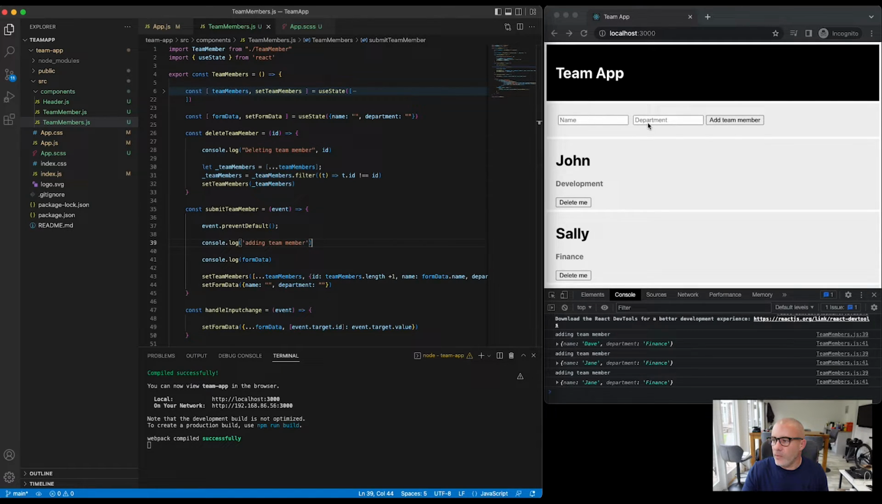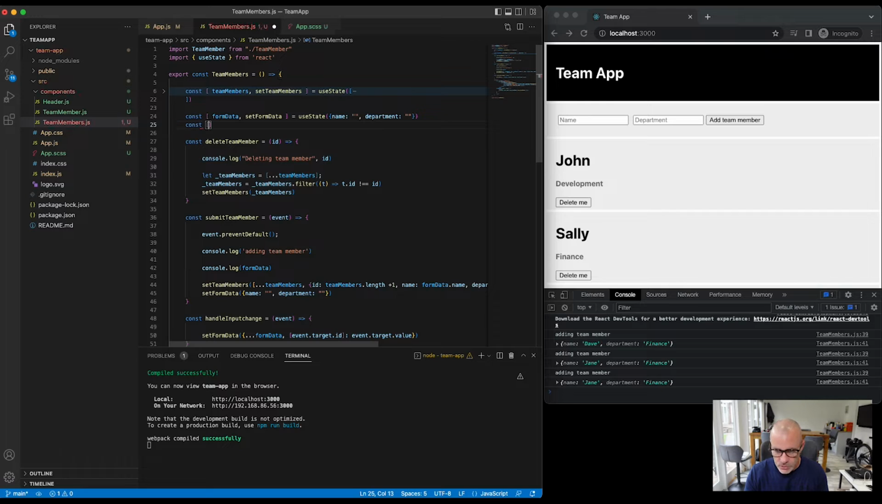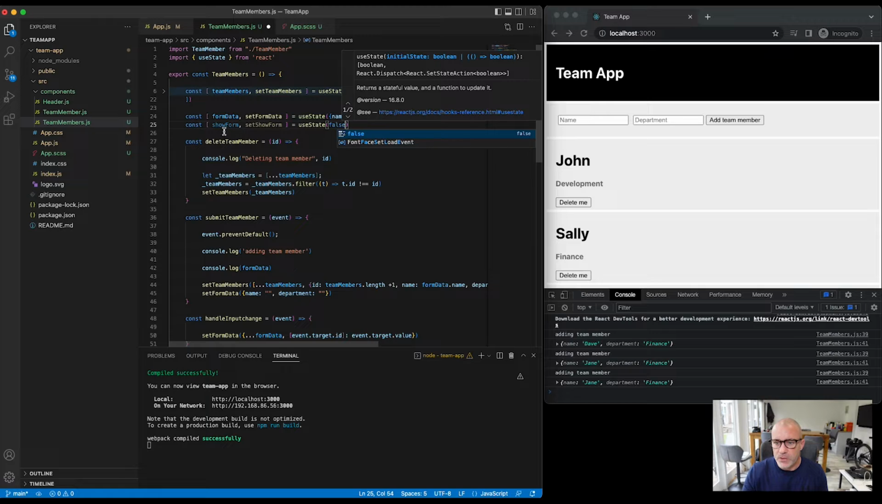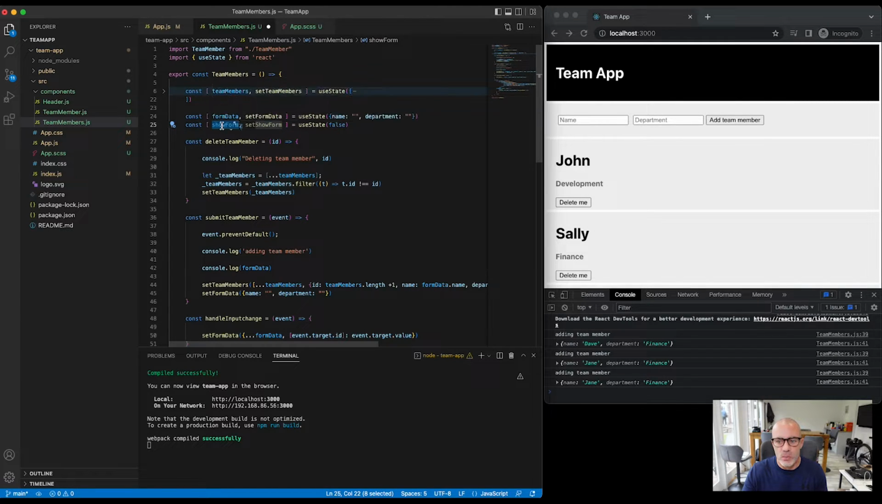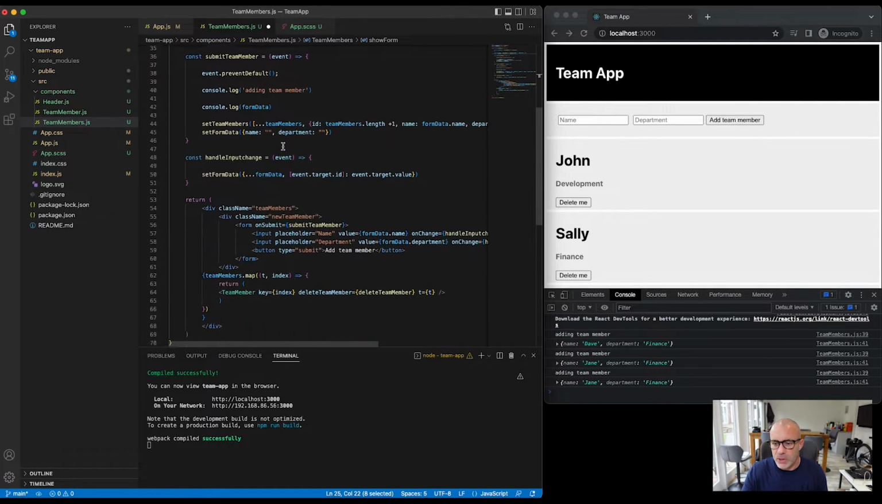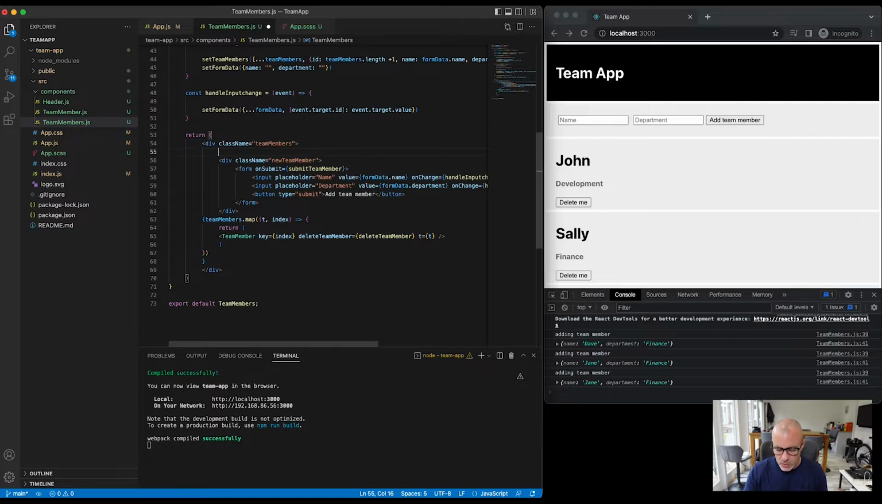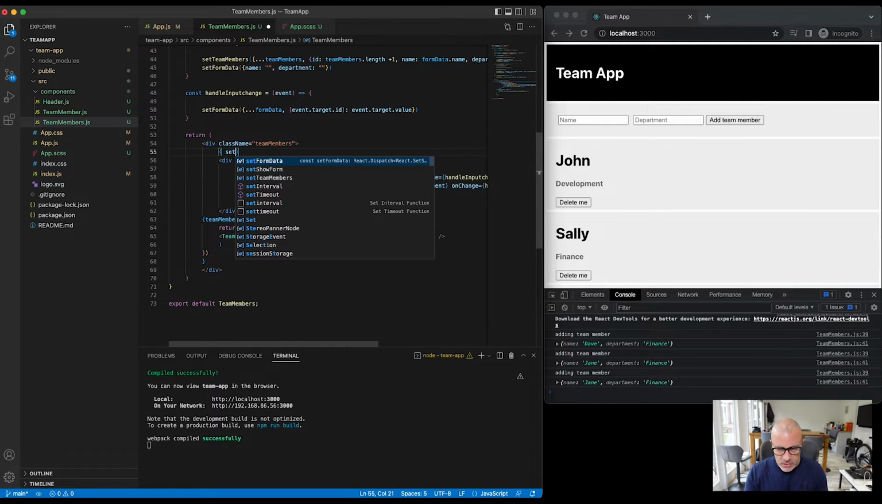Now at the moment, the form for adding a team member is always at the top of our page, but it might be that we only want to show this form when we're ready to add a new team member. So we could add another stateful item of const show form and then set show form equals use state false. So we're setting a stateful item of whether to show the form or not, and then a function to set that stateful item. And if we go down to our form here, we can add some curly brackets and say